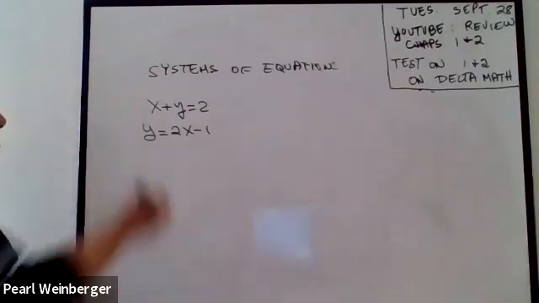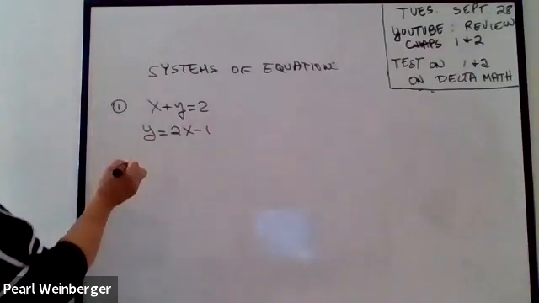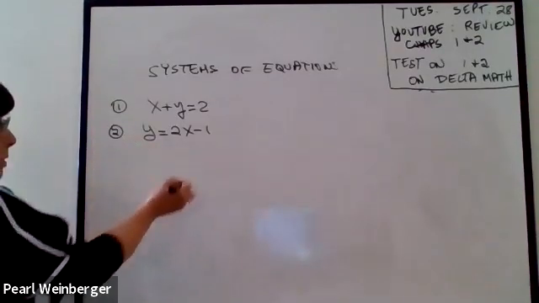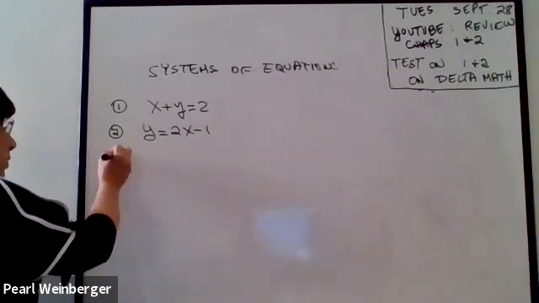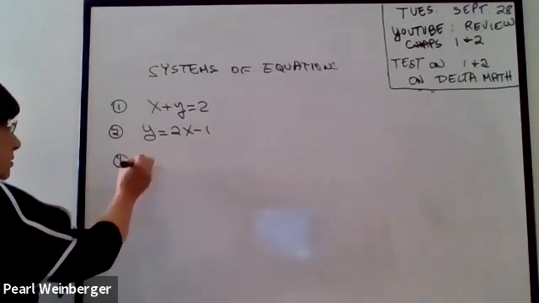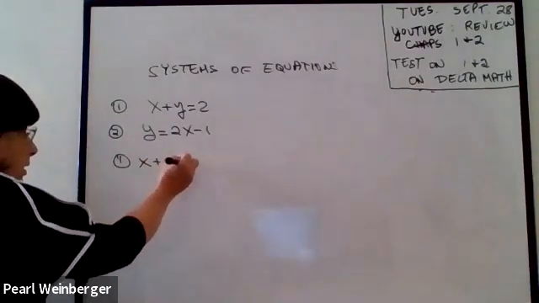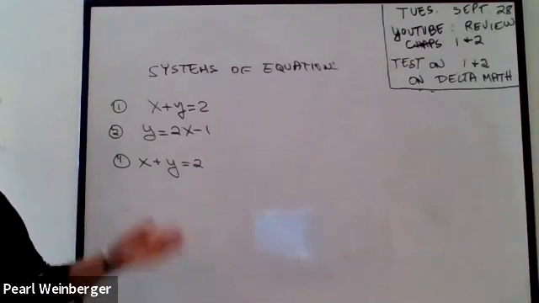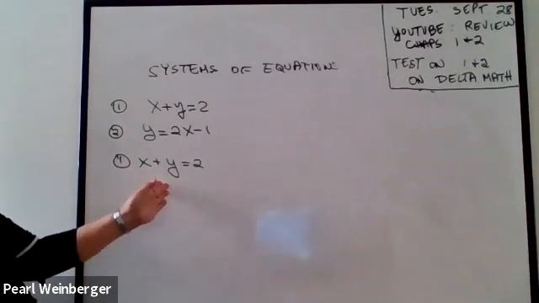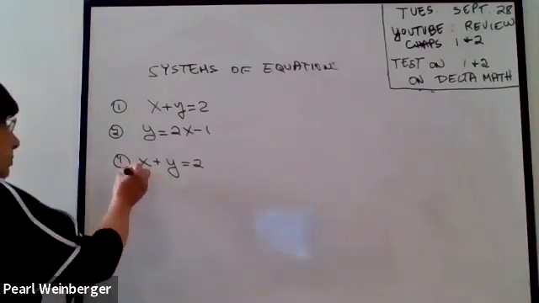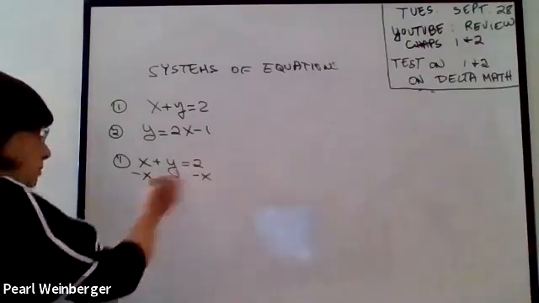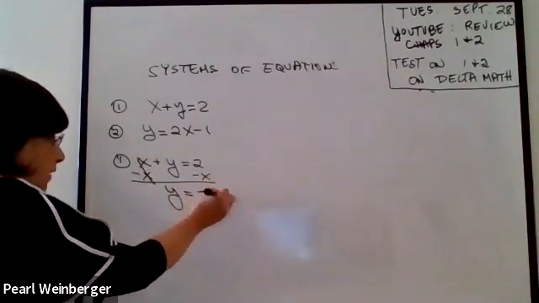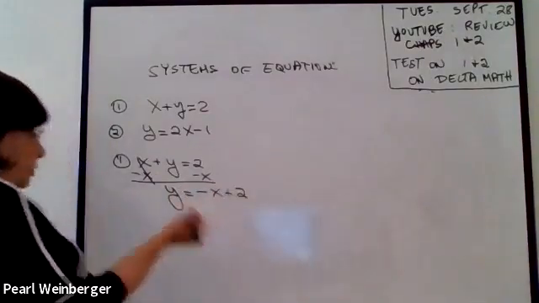So let's go ahead and do this. Let's call this equation number 1. Let's call this equation number 2. Okay, so let's look at equation number 1. Number 1 says x plus y equals 2. So if I want to graph that, I want to get the y alone. I want to put this in the y equals mx plus b form. So I'm going to subtract x from both sides, and that'll give me y equals negative x plus 2,